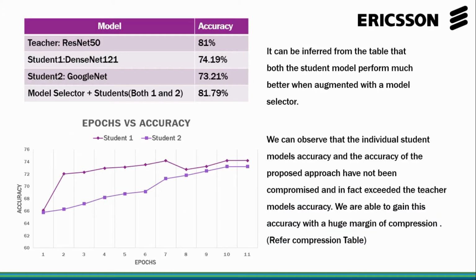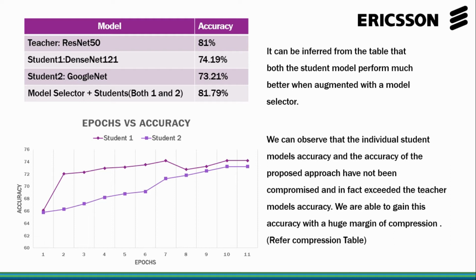It is an empirical study we carried out to fix on this architecture. Here we present the overall results. The table that you are seeing on the top left gives that the teacher has an average accuracy of 81% and the student has an average accuracy of 74.19%. Student 2 has an average accuracy of 73.1%, and the model selector plus both student 1 and 2, which is the augmented one, has a combined accuracy of around